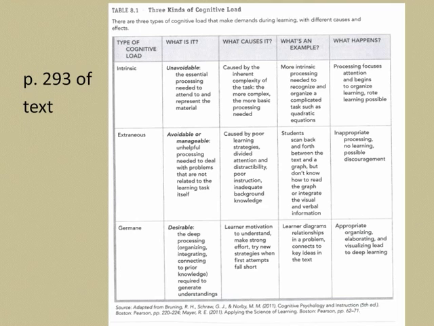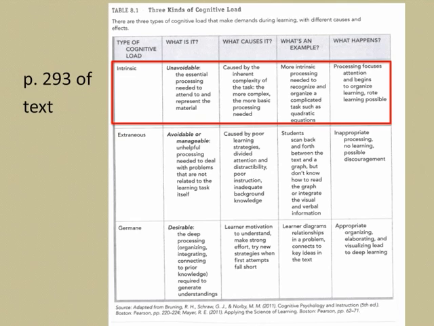This is the table from page 239 of your textbook. I will use it to walk through the different types of cognitive load. First, intrinsic load is the basic mental processing we need to attend to and initially think about the task or